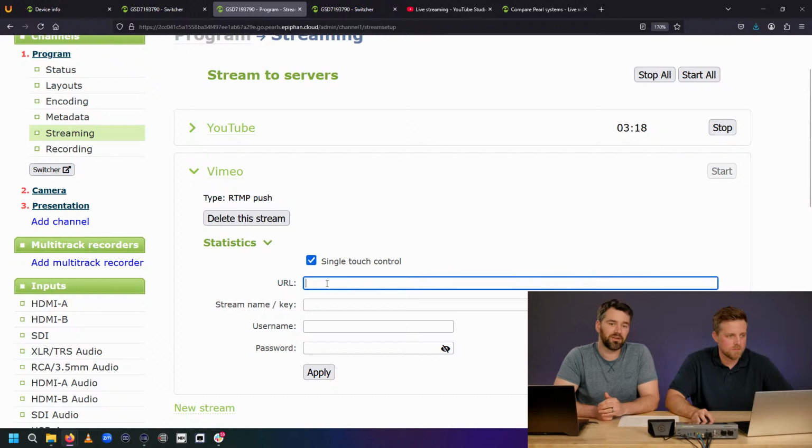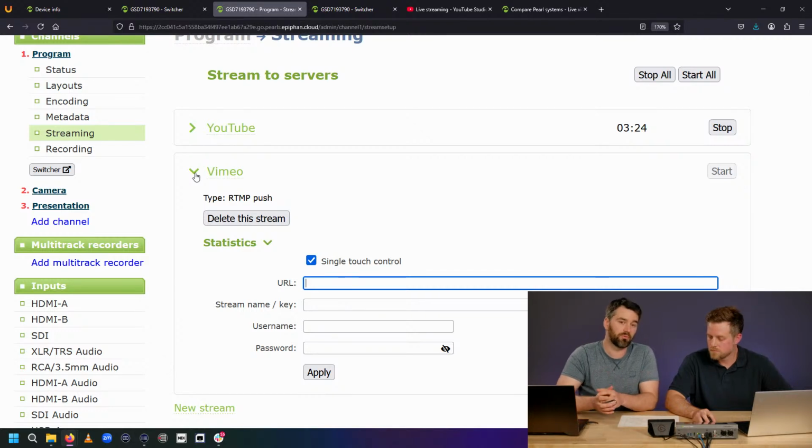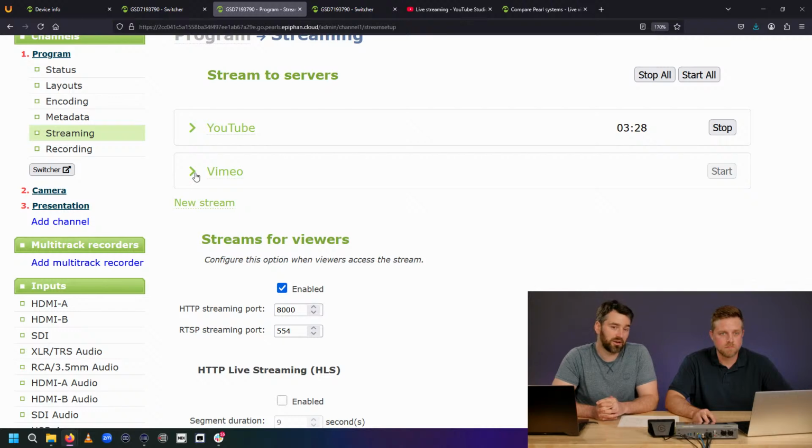You could do that, and then it's just a matter of filling out the fields that are required for your CDN, your content distribution network. And that's kind of it. Depending on the streams you choose, there are different settings, but we follow best practices for SRT and all those things, so it's very straightforward for us.